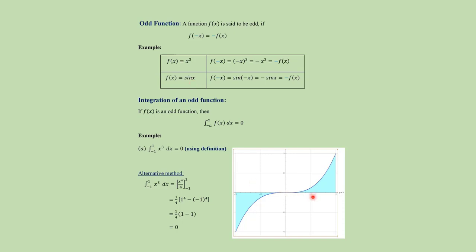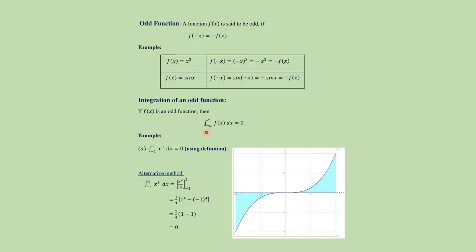This is a graph of an odd function, and an odd function is always symmetric about the origin. That is, if you rotate the graph of the positive x-axis part about the y-axis first, then you will get a graph of this shape. Now, if you rotate this part about the x-axis again, then you will get this type of shape. So an even function is symmetric about the y-axis, whereas an odd function is symmetric about the origin.